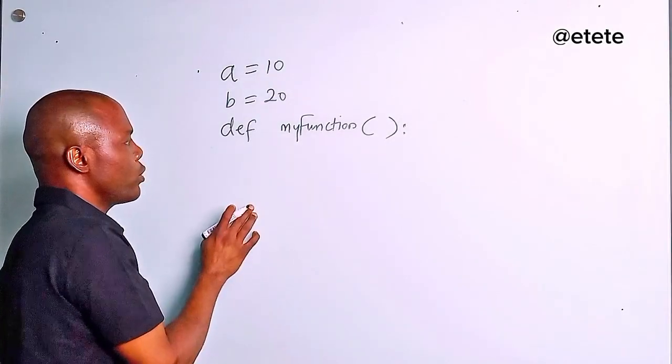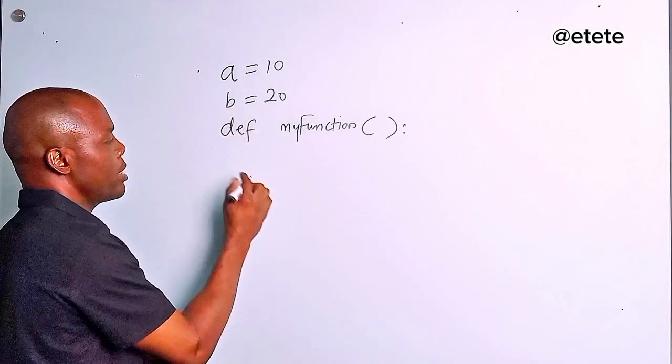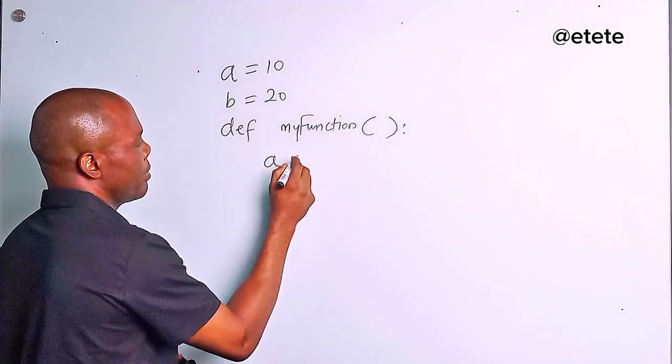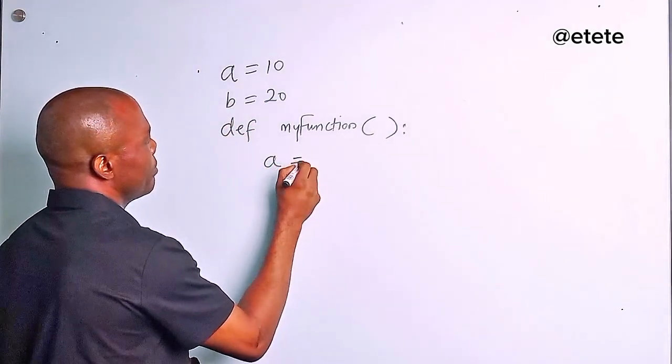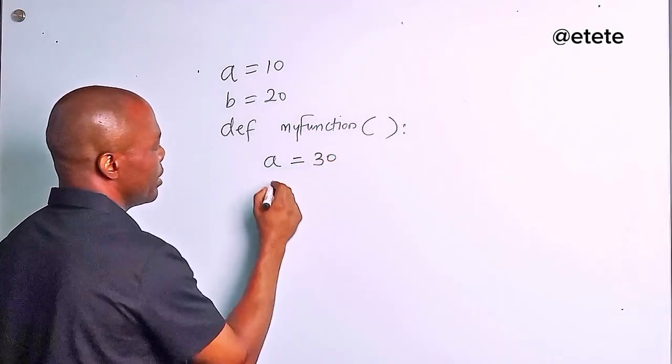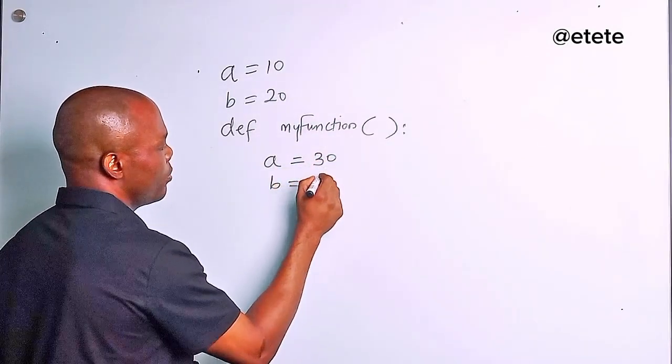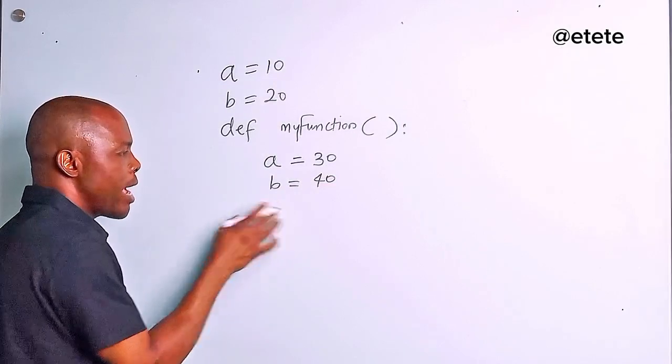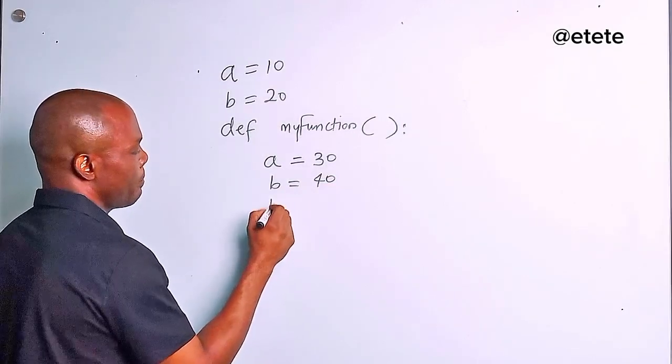So inside this my function, what do I want to do? I just need to print out some things. So I'll say a equals 30, and then b equals 40. Now I come here and I say print,